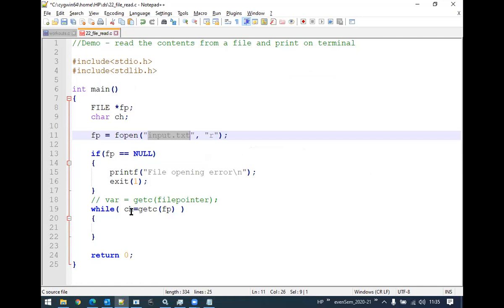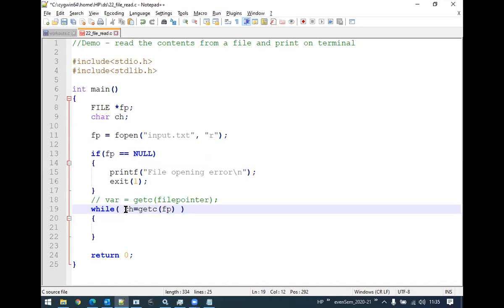So I need to check whether the character I read here is the end of the file or not. If it is not the end of the file, then only I can print it on the monitor. If it is the end of the file, then I cannot print it. I have to stop performing the printing operations.